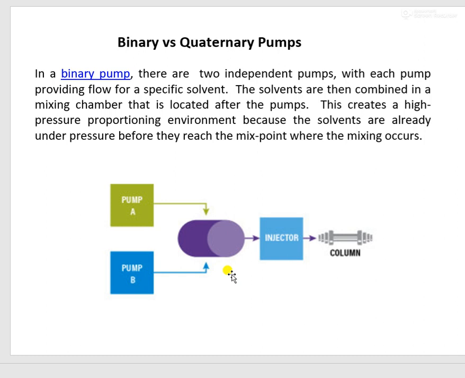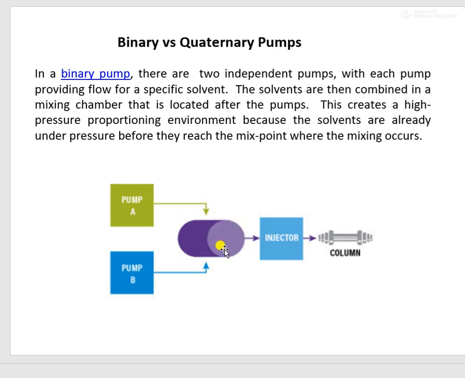This creates a high pressure proportioning environment, because the solvents are already under pressure before they reach the mix point where they are mixing. What it is telling is that before reaching the mixing chamber, both solvents are under high pressure, and then they get mixed here.